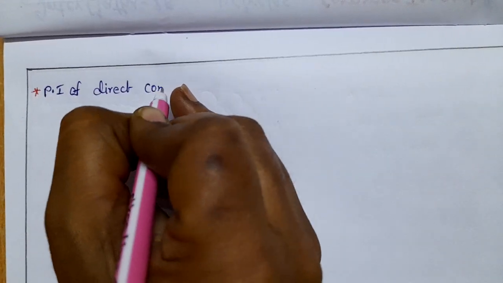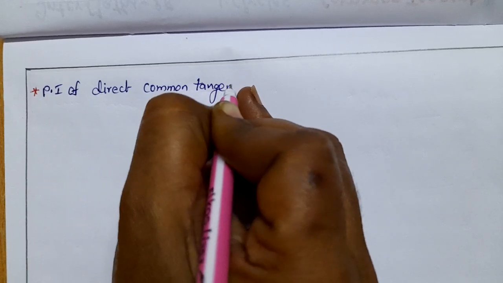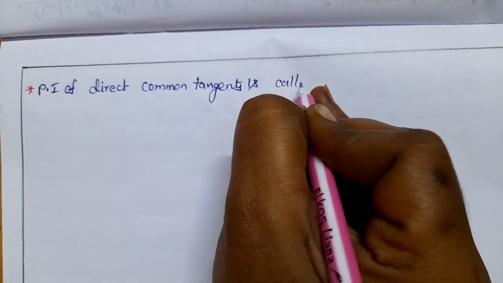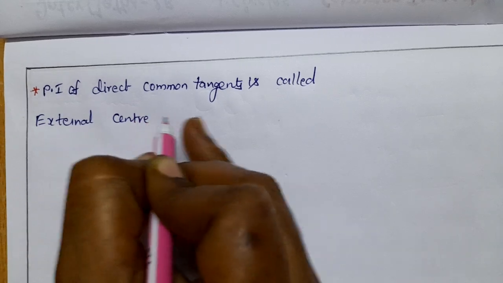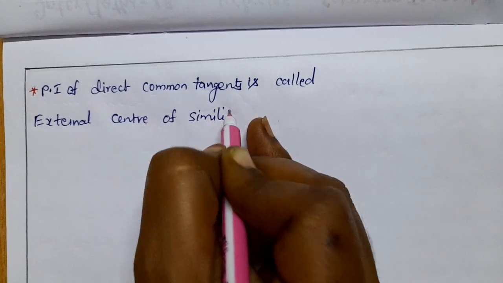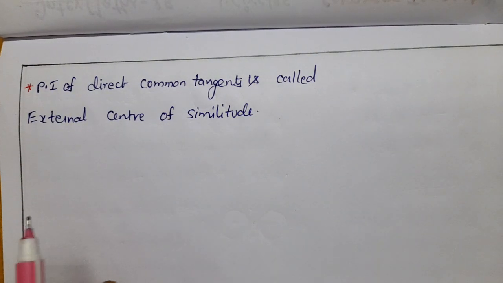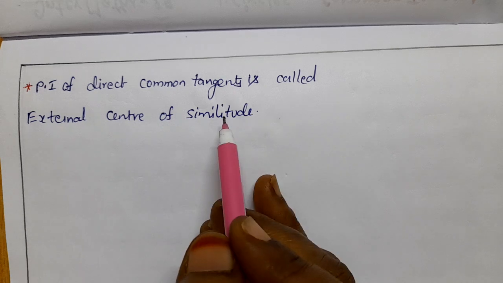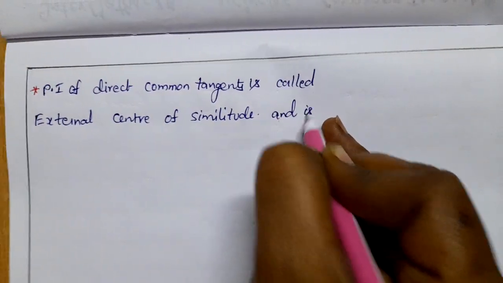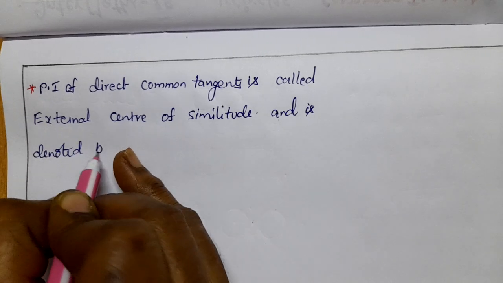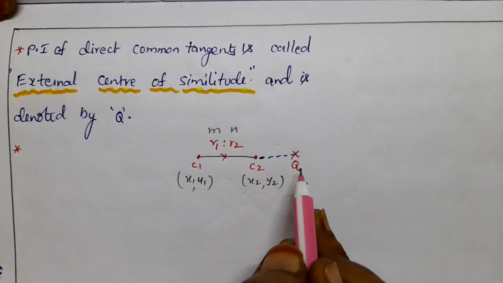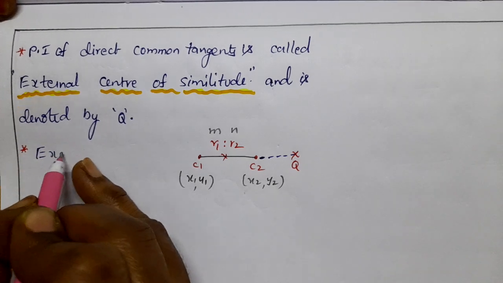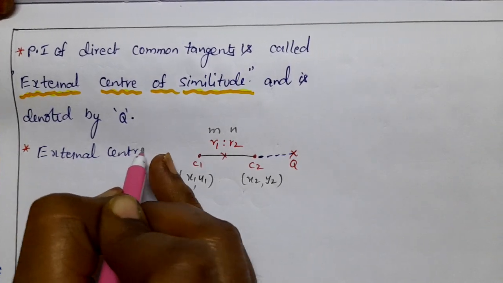The point of intersection of direct common tangents is called the external center of similitude, because this point lies on the external side of the C1 C2 line, and is denoted by the letter Q. Here, the external center of similitude